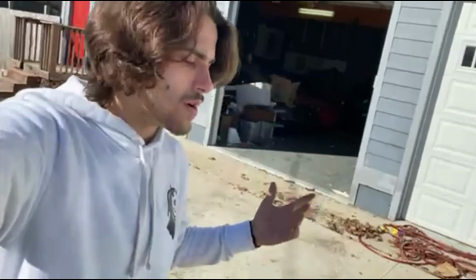But this paint does have some flake in it. I don't know if you can see it. Okay, well, my camera battery died, so I'm on my phone now. I'm sorry if the quality is crap, but